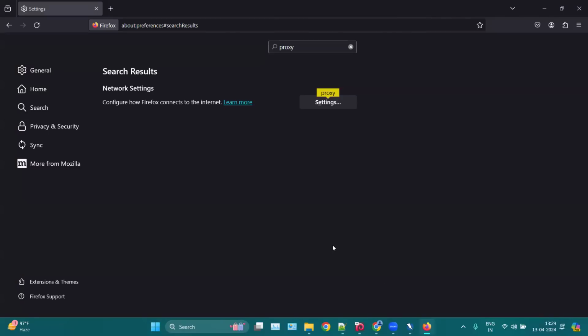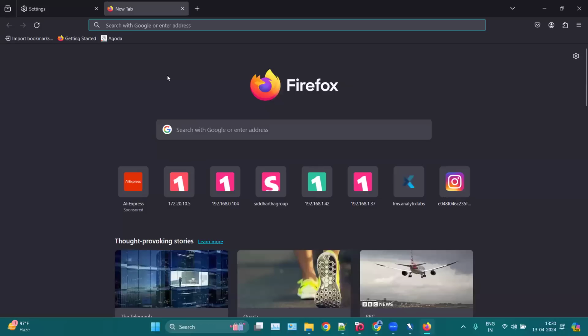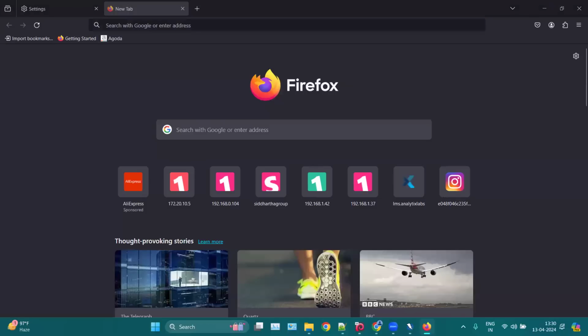So this is important whenever we are using Zap with the browser. Because now whatever request we are going to make with the Zap, it will move to Firefox and then it will move to the server. Like Zap is coming in the middle of your browser and your server. So whatever request you are making, let's say you are making a request to Amazon.com, you will notice here in the browser